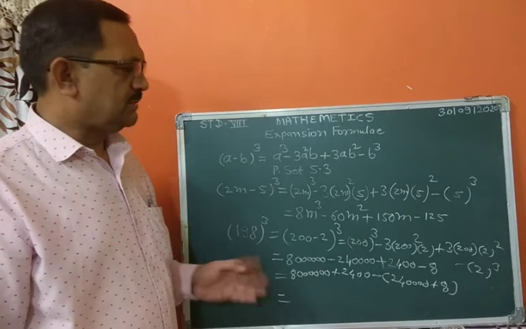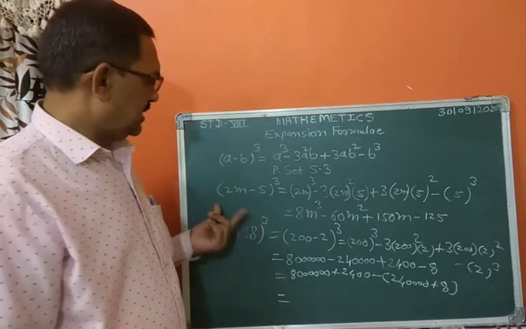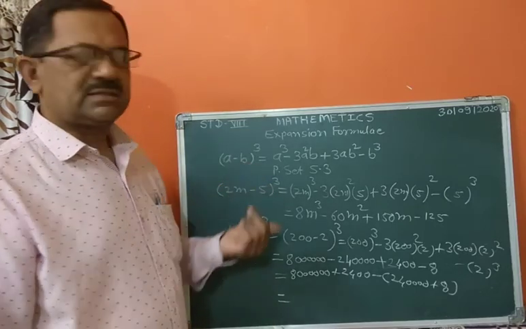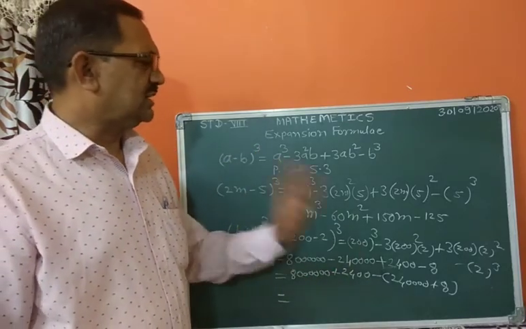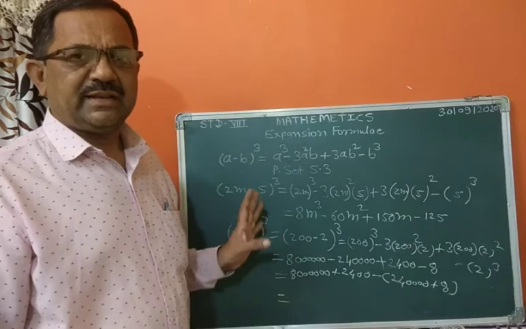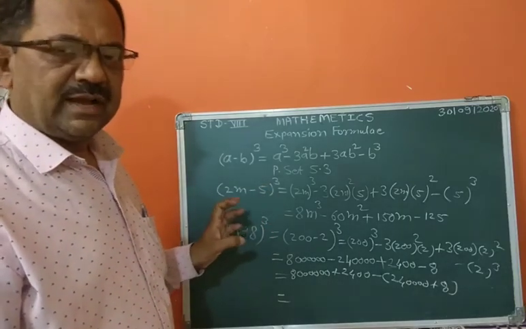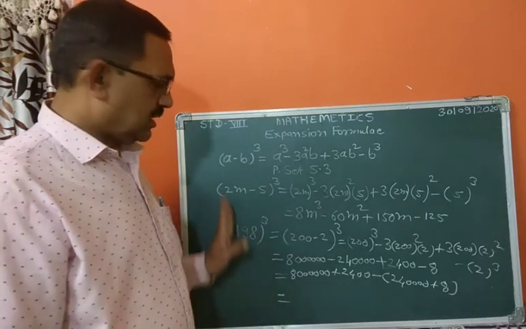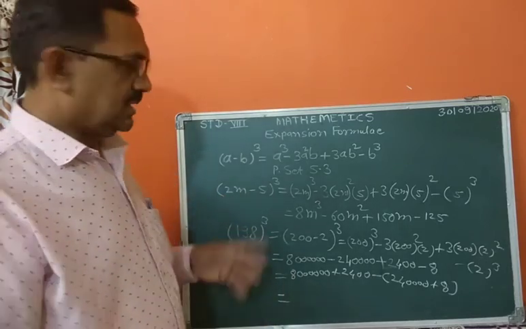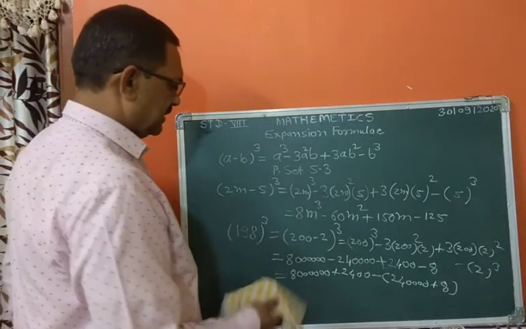Some other examples are mixed ones, meaning (a minus b)³ plus (a plus b)³, and then solve. Solve the same way, then collect the same terms, then add, subtract, and find the answer of this type of question. Then here the next expansion formula is